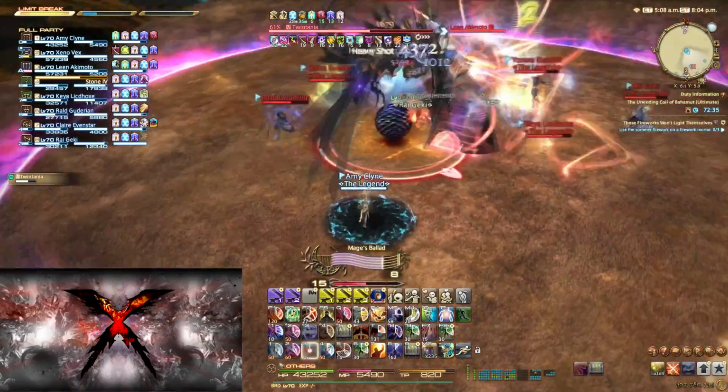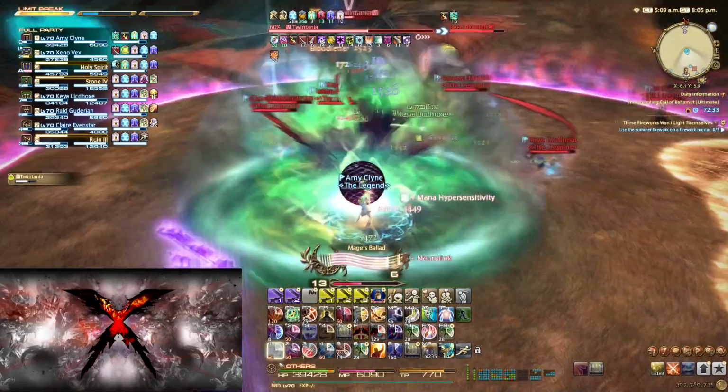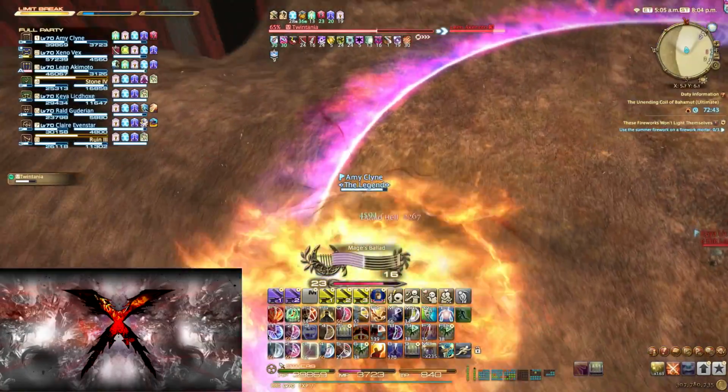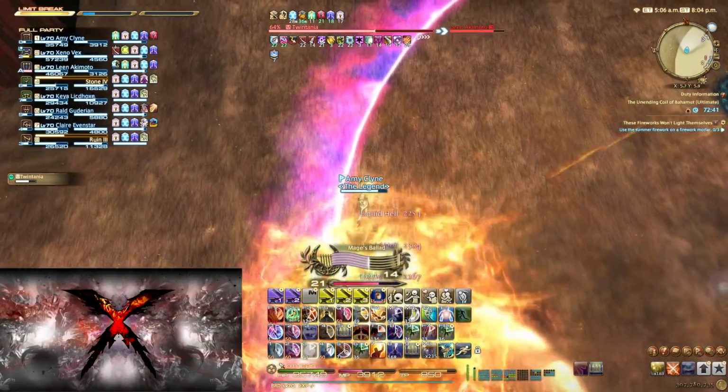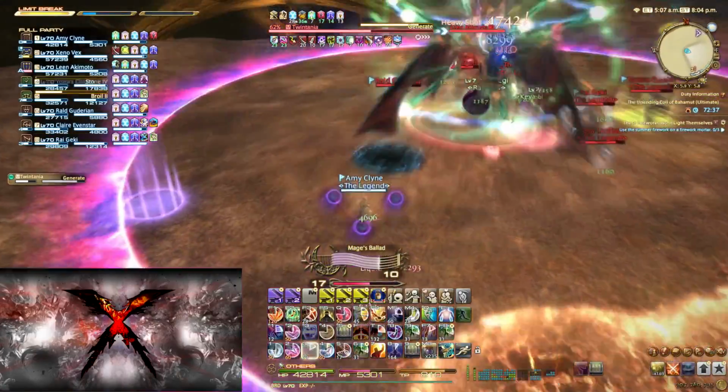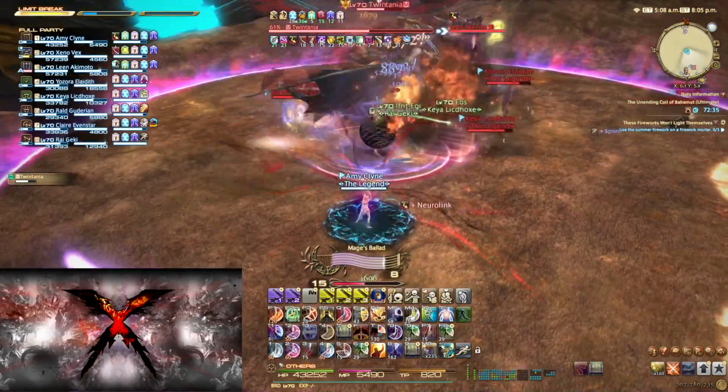To counter this, the marked player must step inside the Neuralink and gain the buff before taking the hit. It may take a moment before you get the buff, so be in early, don't step in last second. The explosion is wide, about the size of a liquid hell AoE, so no one besides the marked player should